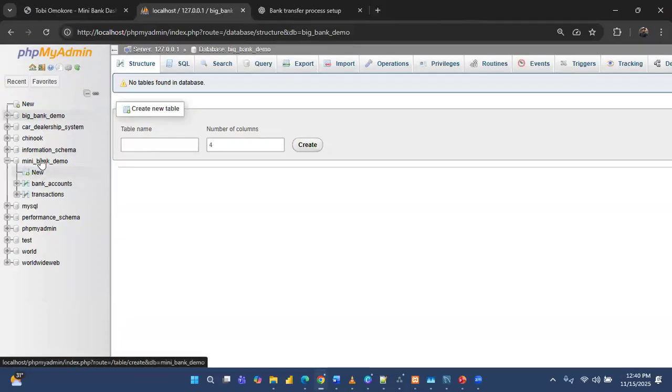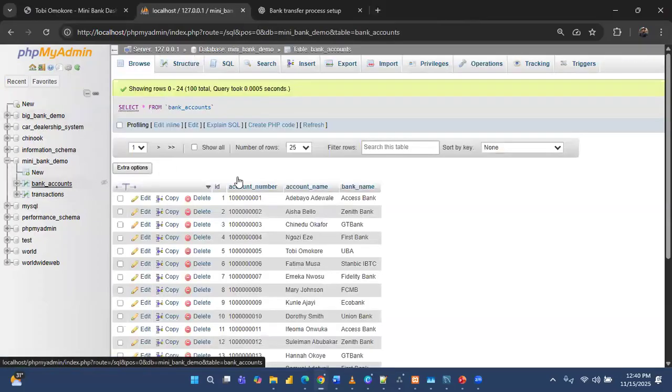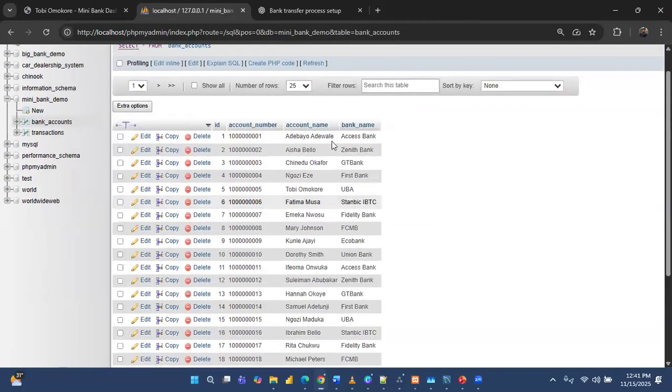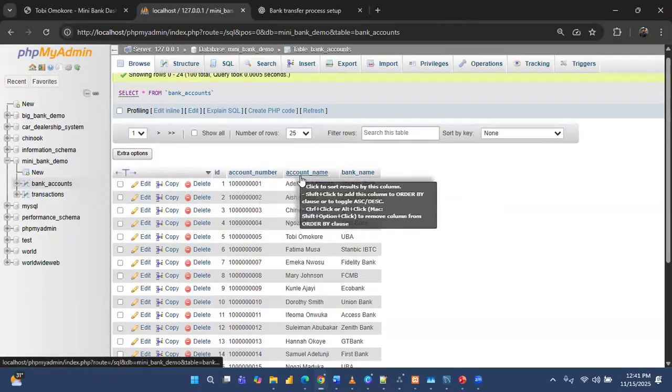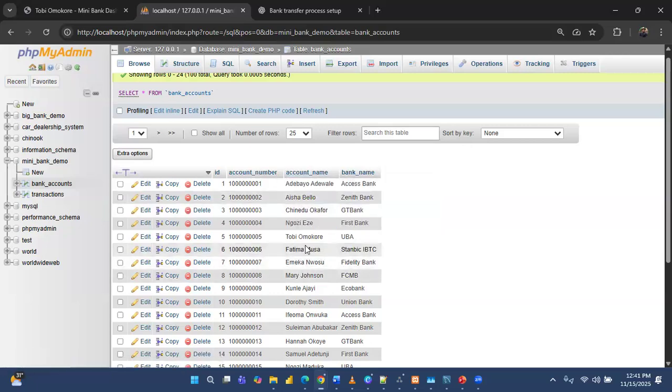Okay, let's use the main one because I have not populated it. Let me use this one. So it's the same thing. You can see this is basically how your bank account or your bank information looks on the back end, depending on who is viewing it. If it's Access Bank that is viewing their own, this bank column will not be there, but the account number and account name will be there, and some other information. That is how it will be. Then before we continue with this, let's just finish with